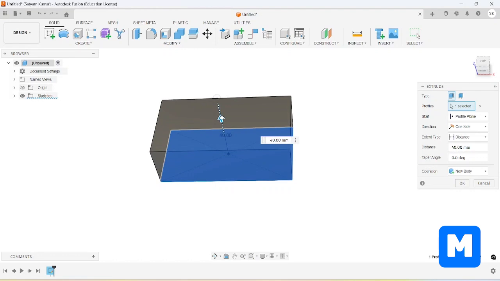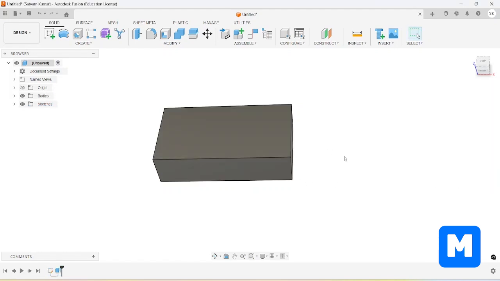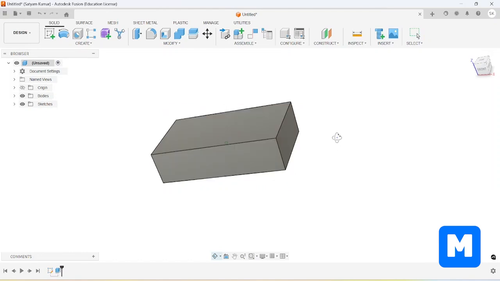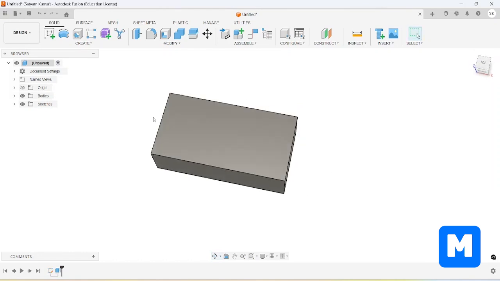We will define the direction here and the distance for extrude, let's say 30 mm. Here the distance is 30 mm. We don't need taper angle. So click OK. We have created a cuboid of 30 mm height, and breadth we have selected 60 mm and length we have selected 120.